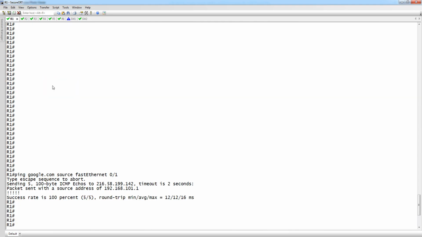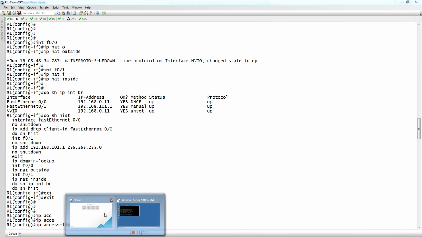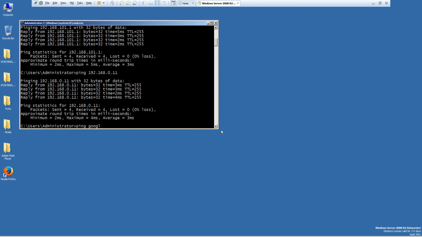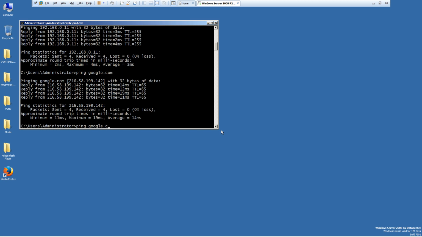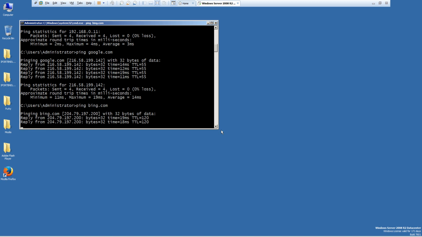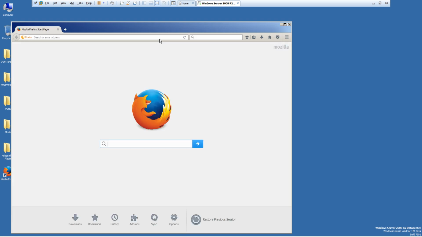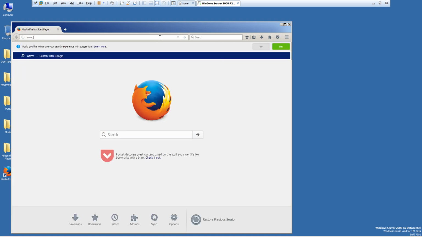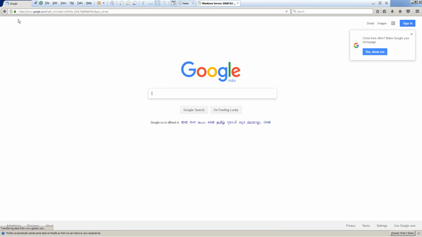R1 IP address is here, 0.11, and it can also communicate with google.com, bing.com, and it can also access www.google.com. Done.